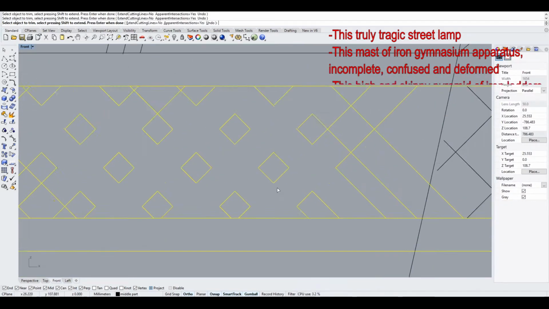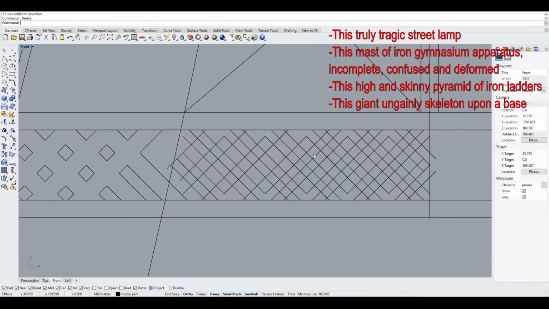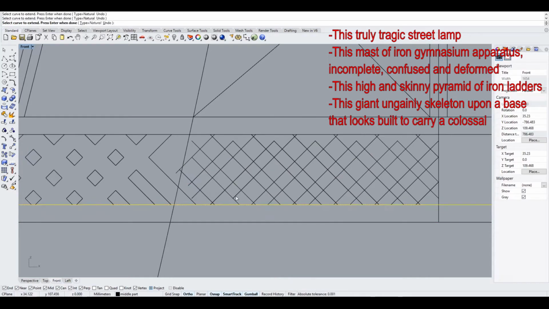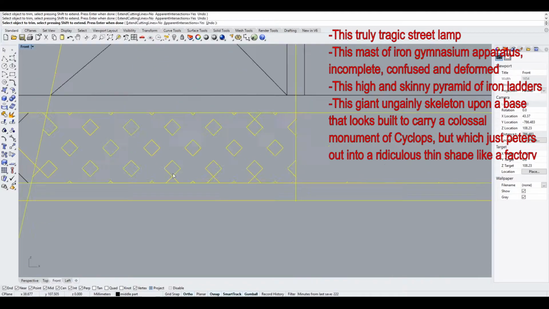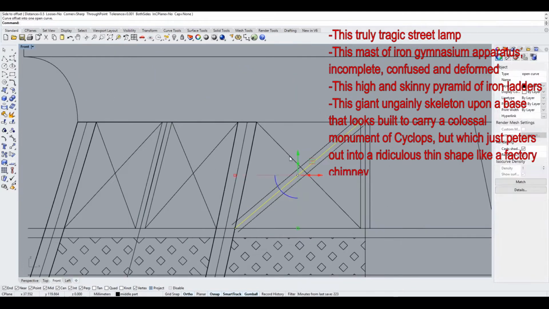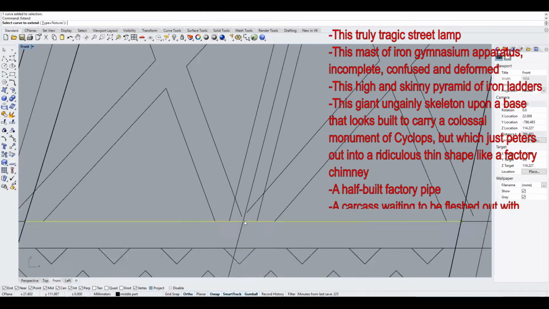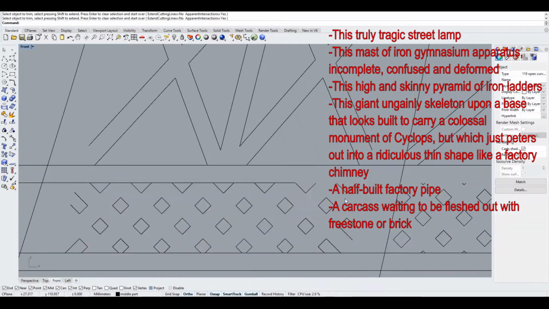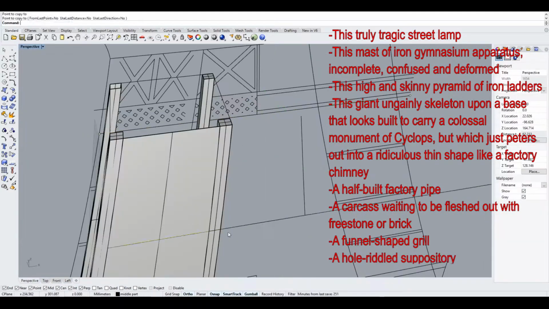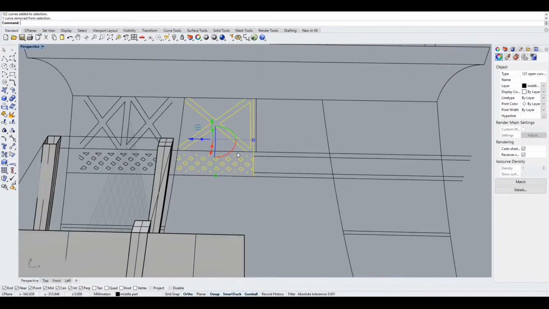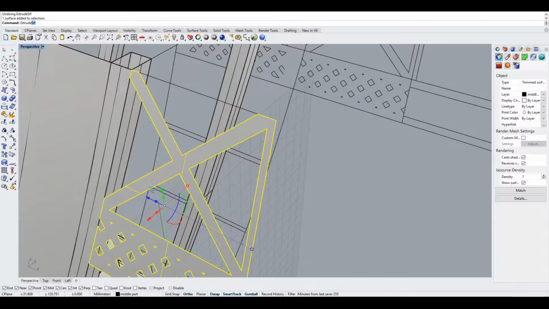This high and skinny pyramid of iron ladders. This giant ungainly skeleton upon a base that looks built to carry a colossal monument of Cyclops, but which just peters out into a ridiculous thin shape like a factory chimney. A half-built factory pipe, a carcass waiting to be fleshed out from freestone or brick, a funnel-shaped grill, a hole-riddled suppository. However, once the tower was finished and the criticisms burned themselves out in the presence of the completed masterpiece,